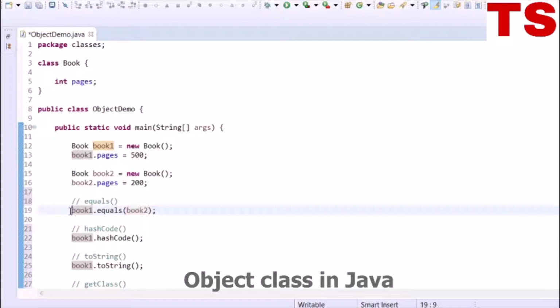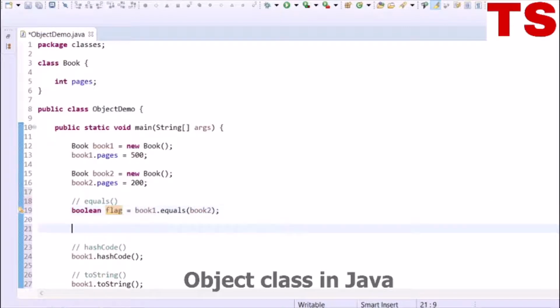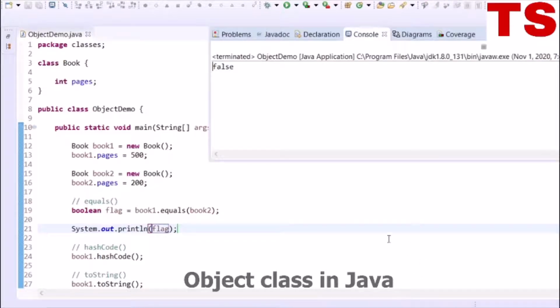Let's try to print the output of this equals method. Since book1 and book2 are referring to different objects, the output should be false.